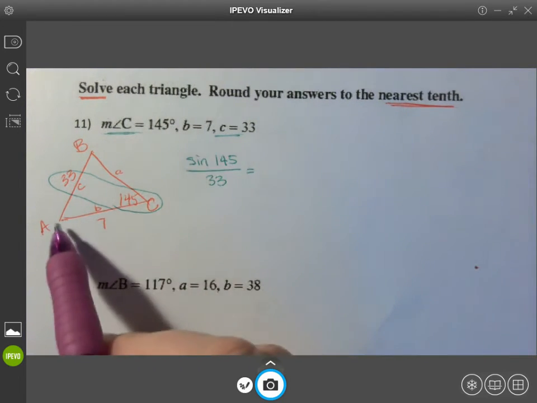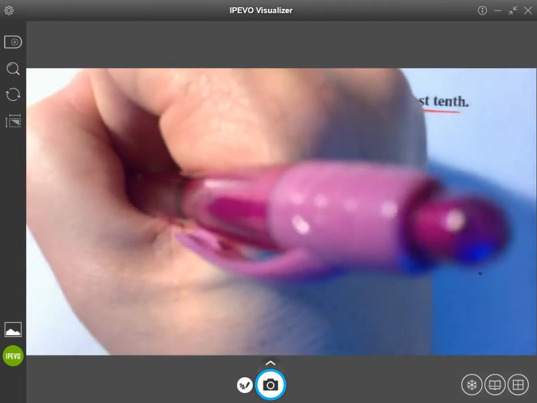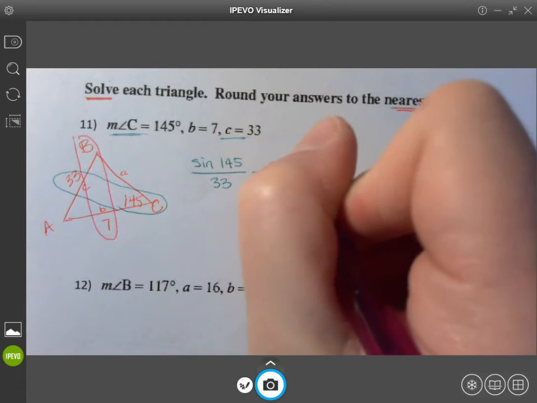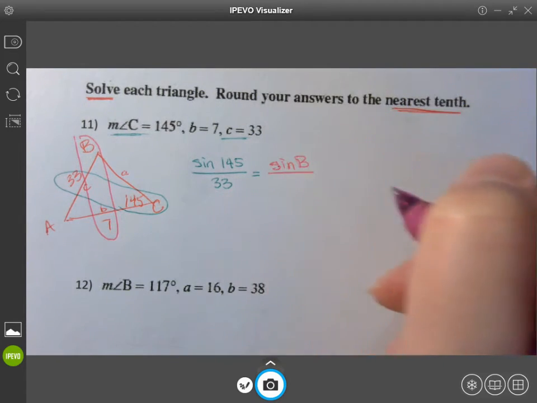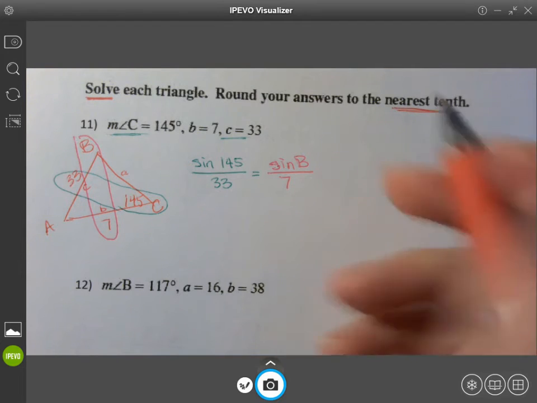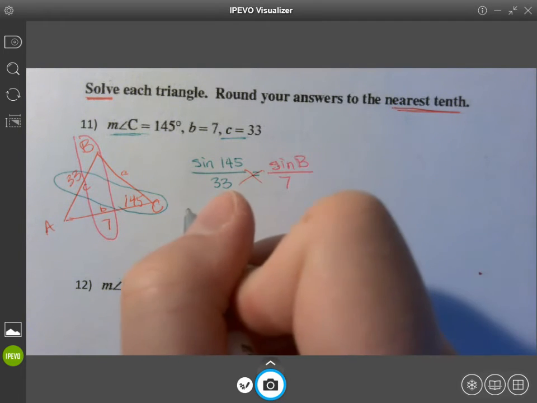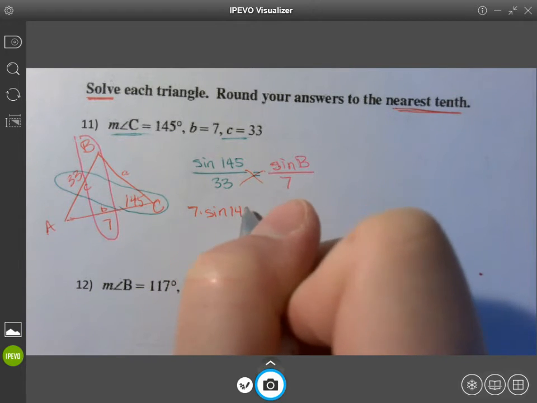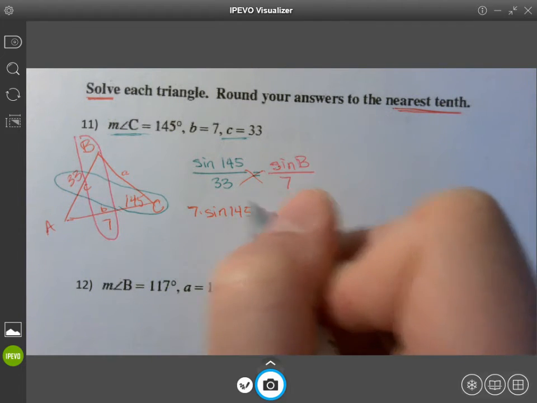Well, I don't know anything about A, so I'm going to have to use B next. So I'm going to go with sine of B over what? 7? Okay, so we're back to cross multiplying. We'll do this one together. 7 times sine 145 equals 33